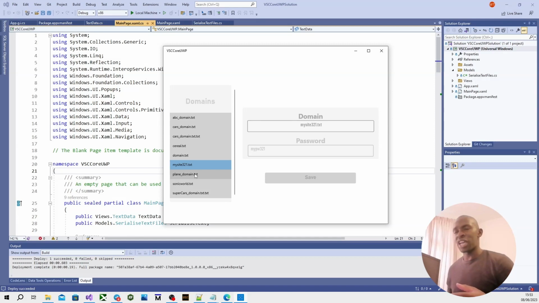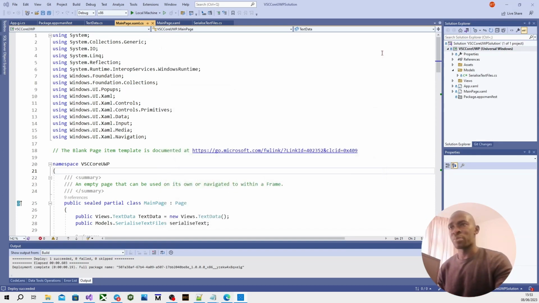So how do we achieve this? How do we use Universal Windows to store and retrieve data? Because if any of you are familiar with Win32 development and UWP development, you'll know that the UWP environment is somewhat sandboxed, in that there are certain functionalities you either have to declare or you just don't have access to for security reasons. One of which is actually the way